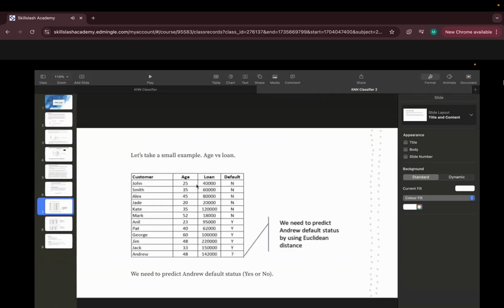Now consider this is the basic data set which we have right now. This data set has the columns customer, age, loan and default. We have these 4 different types of columns available. It is not necessary that you have to use this model only on such kind of data; it is just associated with the example.